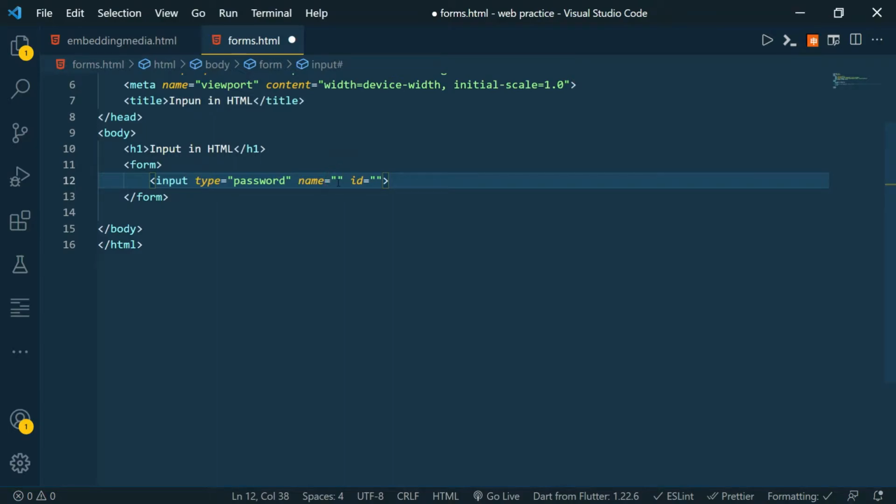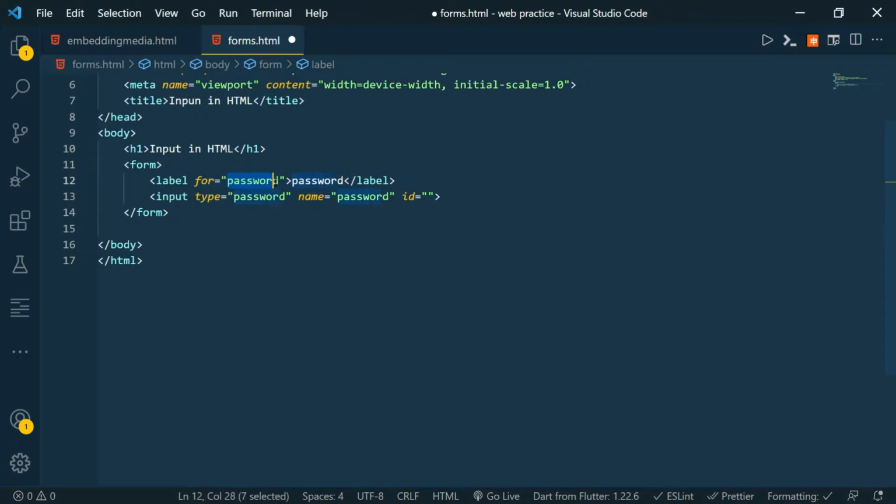We can write a name here, like password, to identify it in HTTP on the server, and we can give a label. In for we use password, as we are referring to password, and the label to display. As we know, this attribute has semantic importance: it shows the browser that this label refers to this password, and it will be displayed on the website.